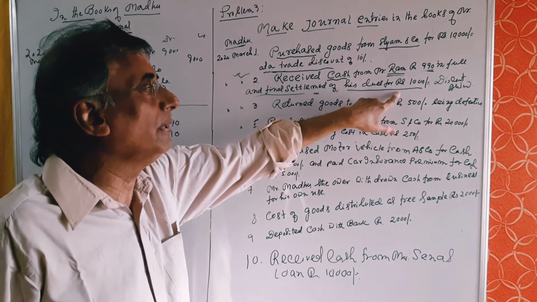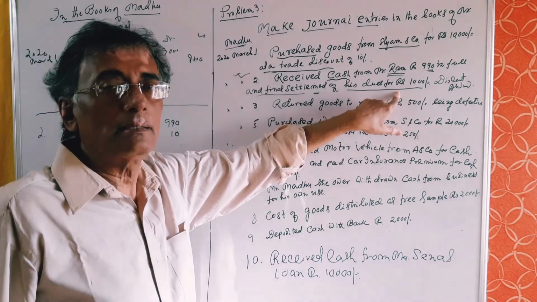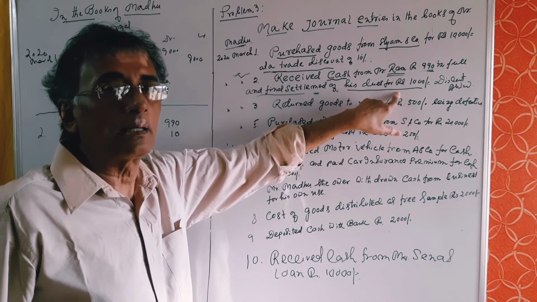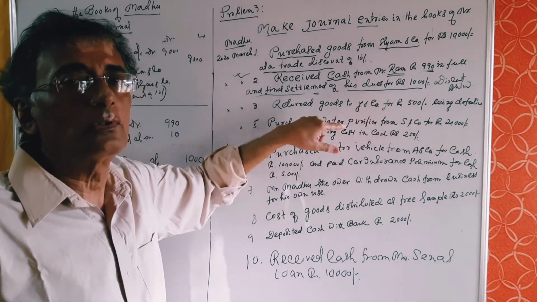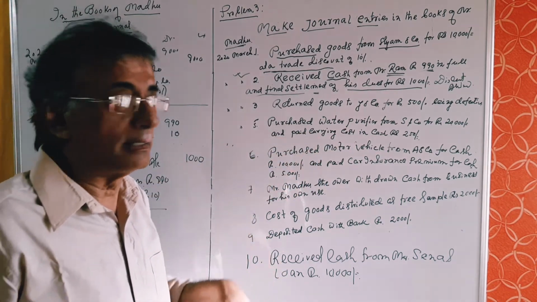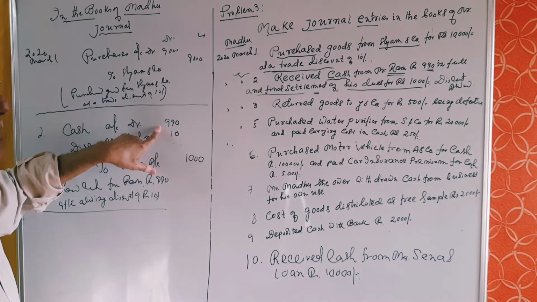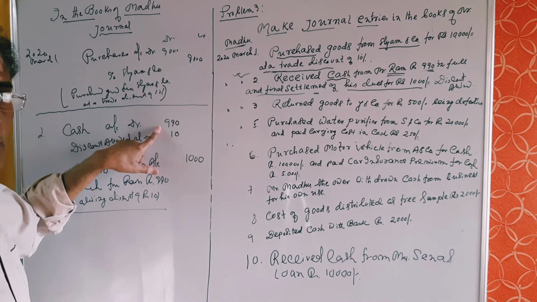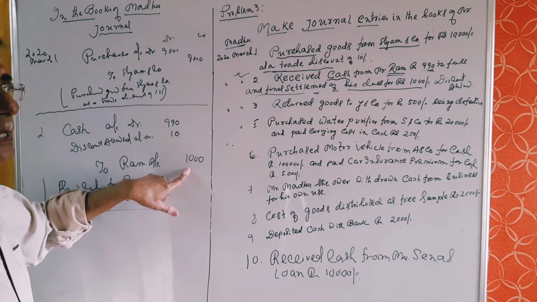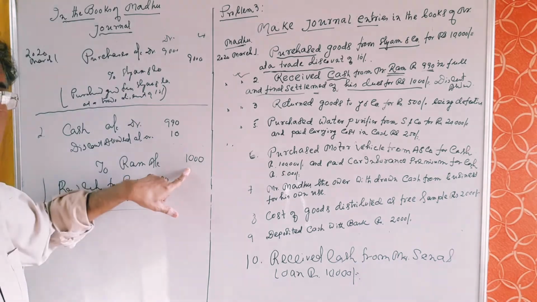So we are allowing rupees 10 as cash discount to Mr. Ram. Cash discount is recorded in the books of accounts. Cash discount allowed account belongs to nominal account, and as per golden rules of nominal account, all losses and expenses debit, all incomes and gains credit. So discount allowed account has been debited, and cash account is debited for rupees 990, which we actually received. And Ram account has been fully credited with rupees 1000 because his account is closed as full and final settlement. Okay, is it clear to you?